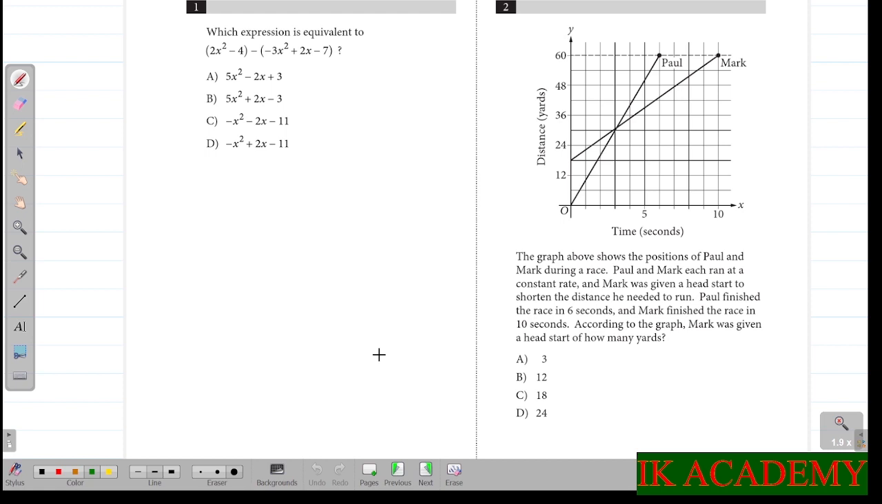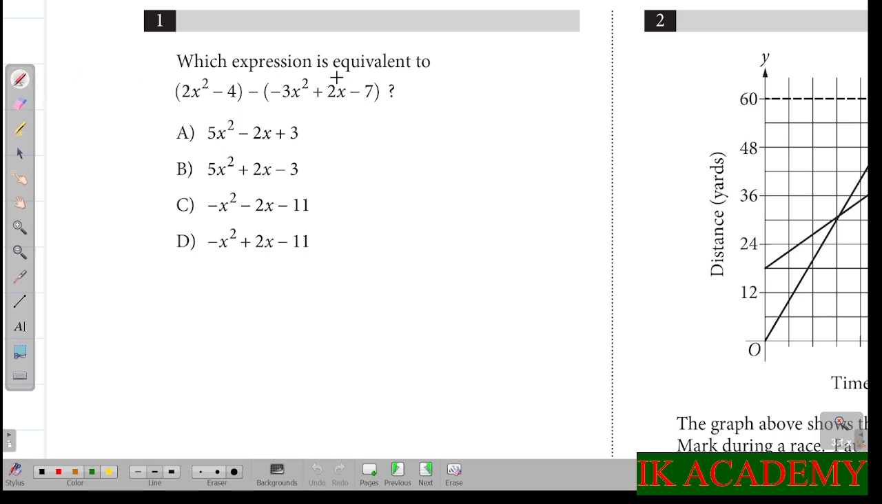Our next question is question number 1 of section number 4. Which expression is equivalent to the given expression, options A to D? 2x square minus 4. So we need to open the bracket and multiply inside the bracket with the minus symbol. So minus minus is plus 3x square, minus plus is minus 2x, minus minus is plus 7,